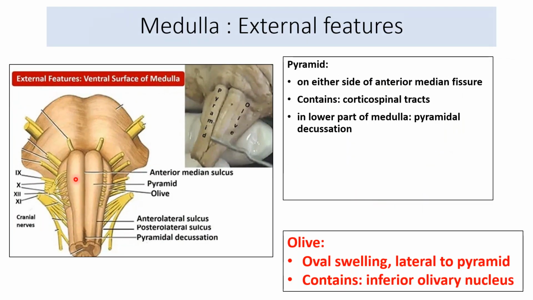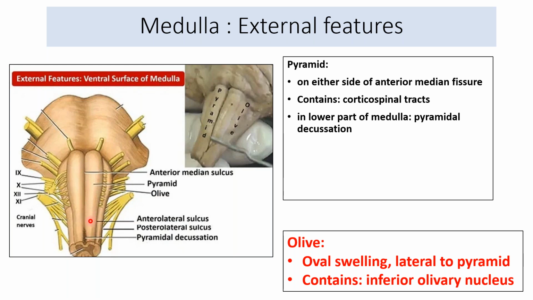Now, if you see carefully from the lateral, if we go lateral from the anterior median sulcus, there are two swellings on both sides. These two swellings are basically the corticospinal tracts, which are running down, occupying the most anterior parts of the medulla, creating swellings which are called the pyramidal swellings. And if we see the shape of this pyramid, you can see superiorly they are more enlarged, but as we go down they are diminishing in size.